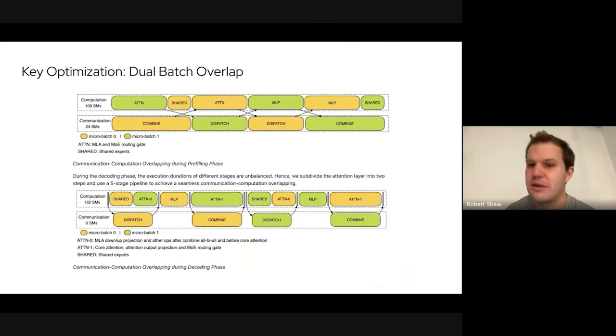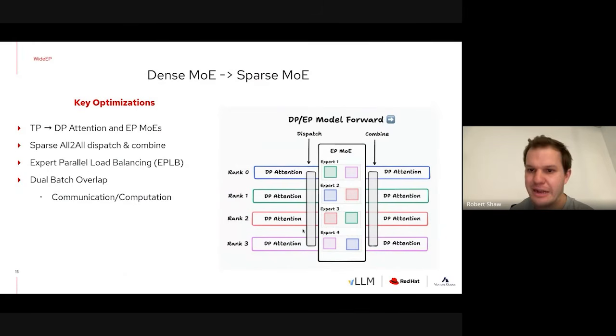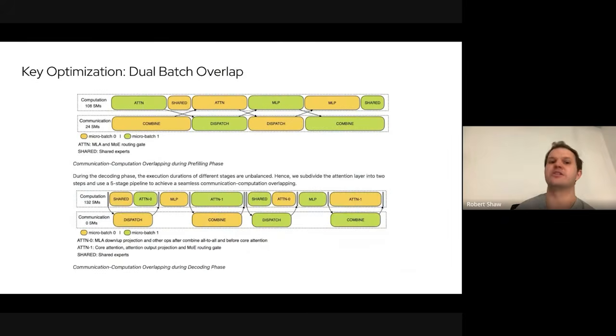Another really important optimization is something called dual batch overlap. Basically, inside of the model, the collective operations, like this dispatch and combine operation, use the networking, right? So this is a collective operation, which is going to be utilizing the InfiniBand or RoCE, high performance networking between the nodes. And then the attention and expert layers are going to be using the compute units inside of the nodes. And so one really important optimization for the setup is to try to hide the collective operations by doing them in parallel with the